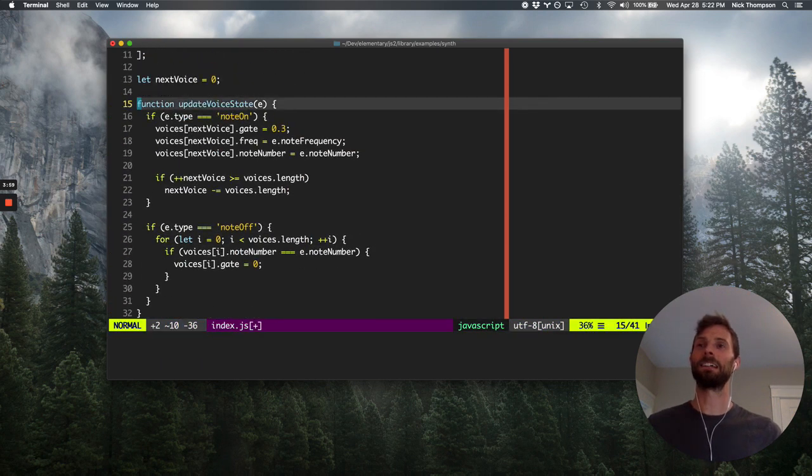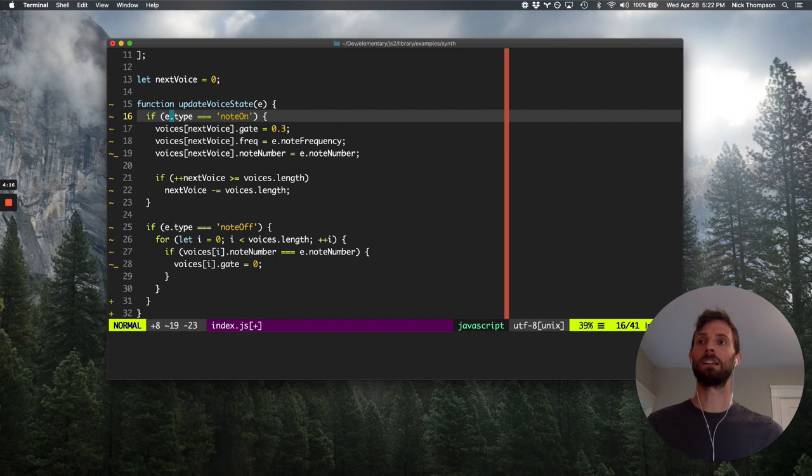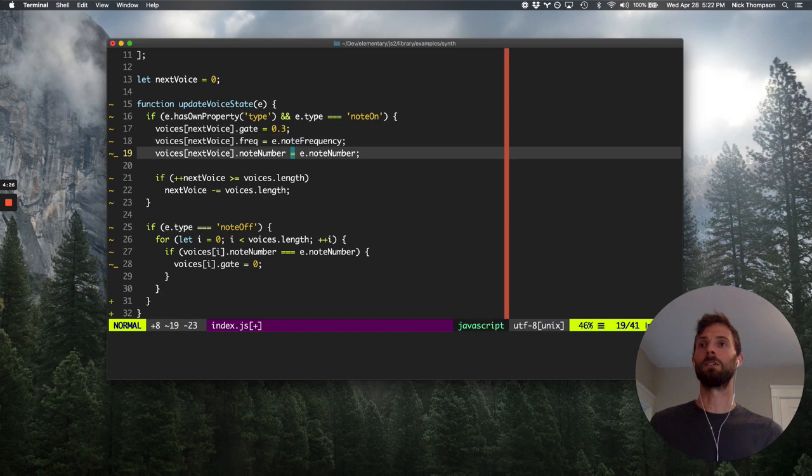So this function is called update voice state, and the goal is that when we receive a MIDI event, we want to update that voices array that I just showed you to basically handle that MIDI event, right? So when we get an event, it should have this type property. Actually, it might not. So if it does have a type, and the type is note on,